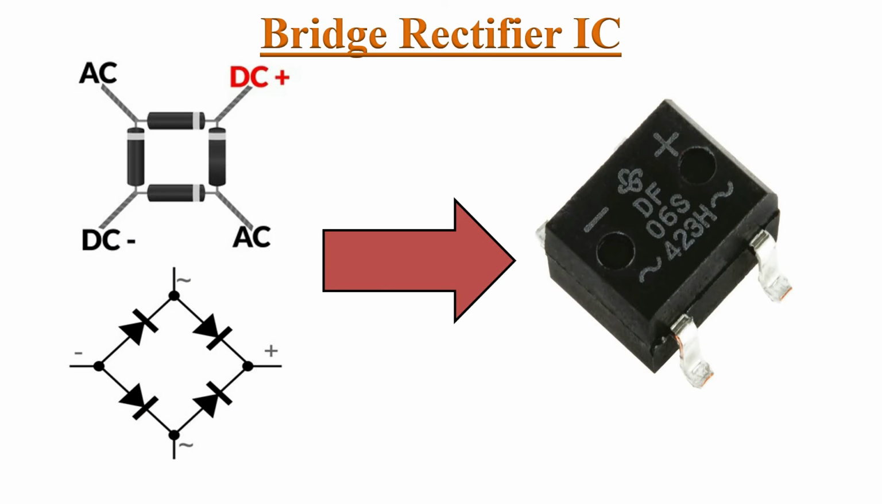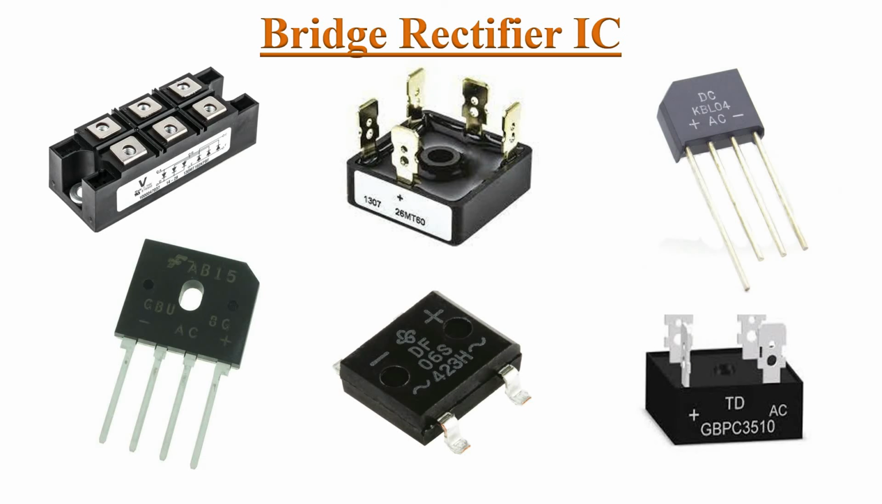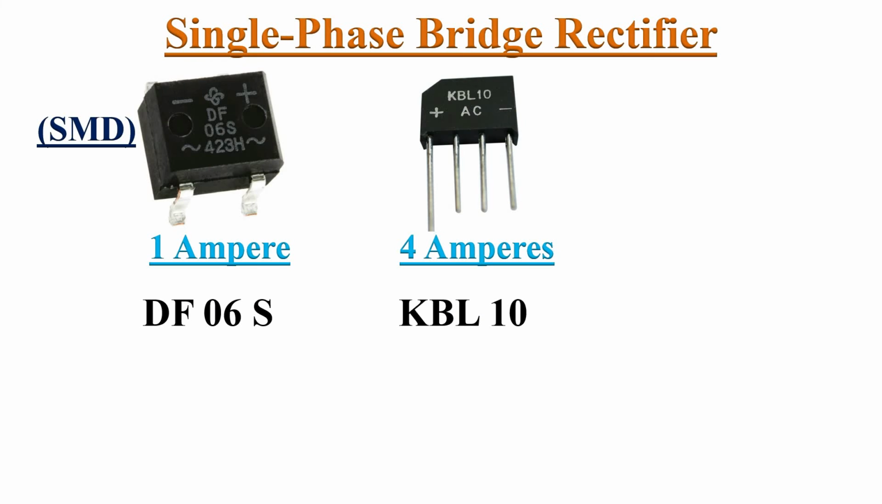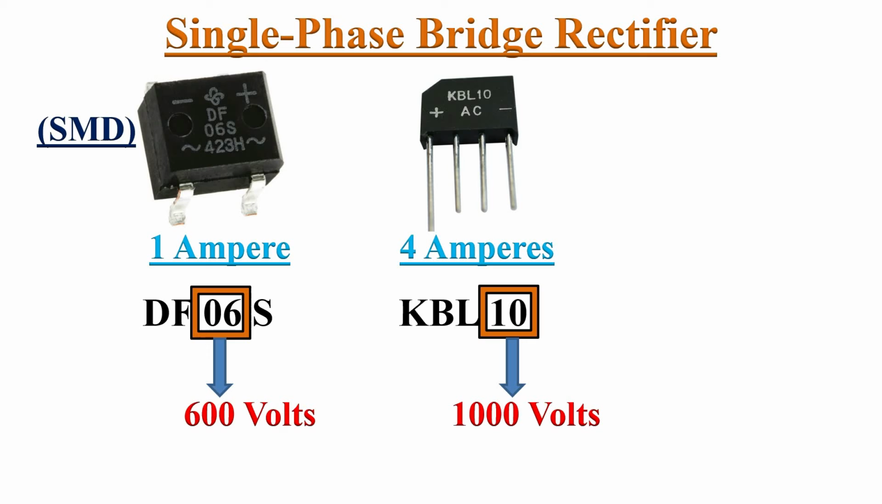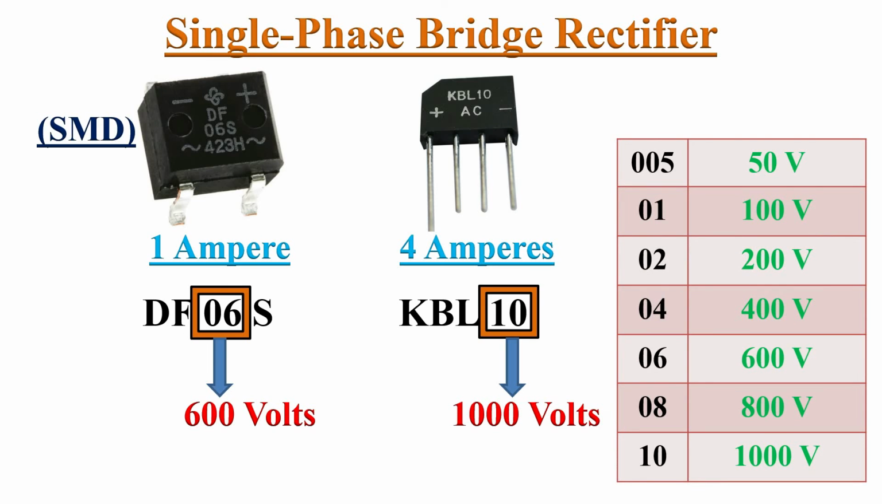A bridge rectifier circuit converts alternating current into direct current. Commercially, bridge rectifier ICs are available in various packages. DF series and KBL series bridge rectifiers come with 1 ampere and 4 ampere current ratings respectively. This 2-digit numeric number indicates its voltage rating in multiples of 100. Like here, 600 volts and 1000 volts respectively. DF series and KBL series voltage ratings range from 50 volts to 1000 volts according to the numeric digits printed on